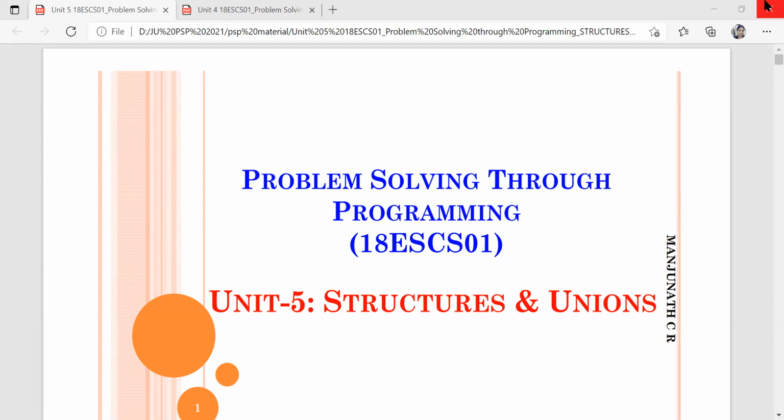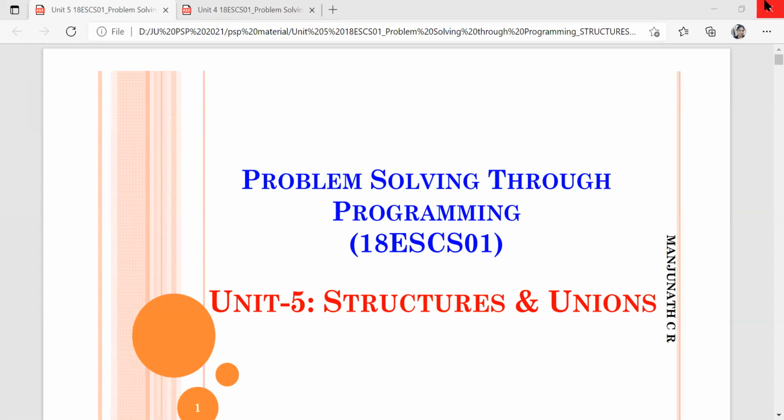In this case, the name should be of which data type? What is the appropriate data type for name? To store the name, Sai Ganesh, which will be the appropriate data type? It should be a character type, collection of characters.